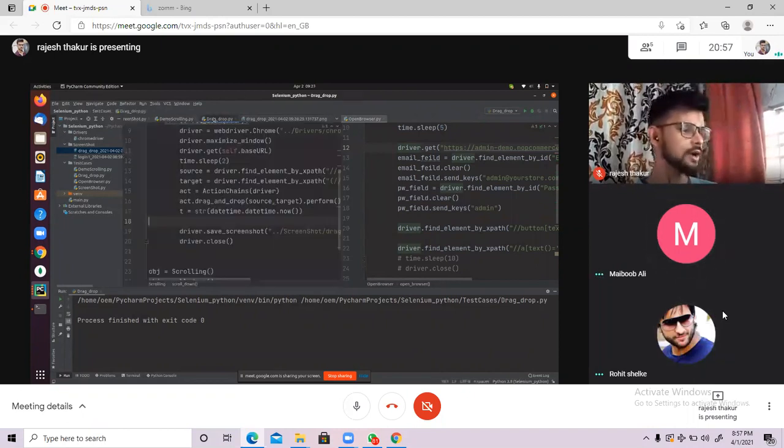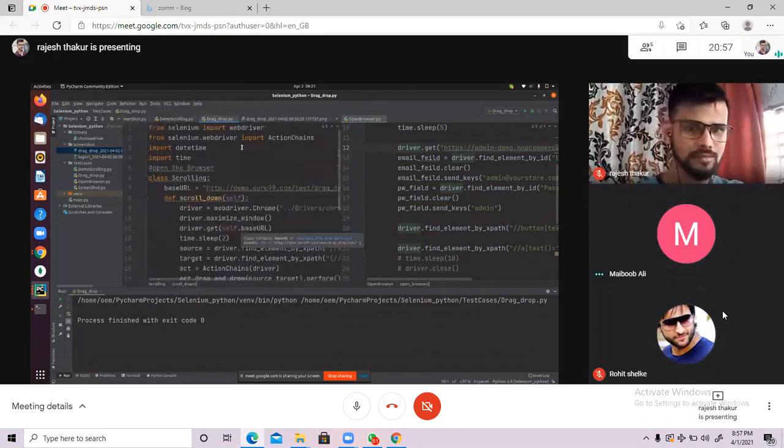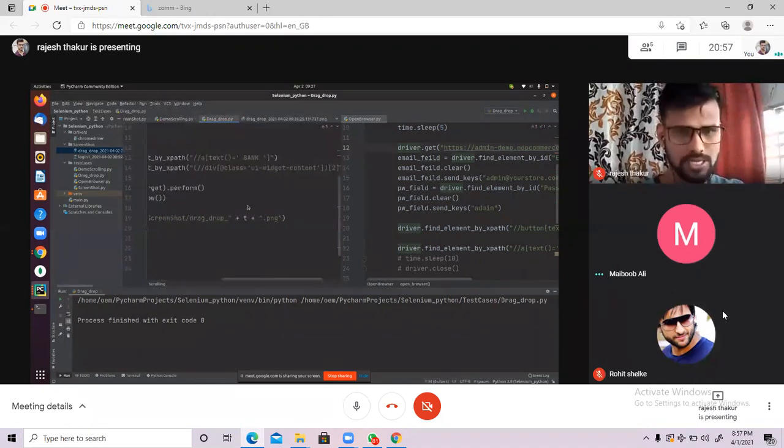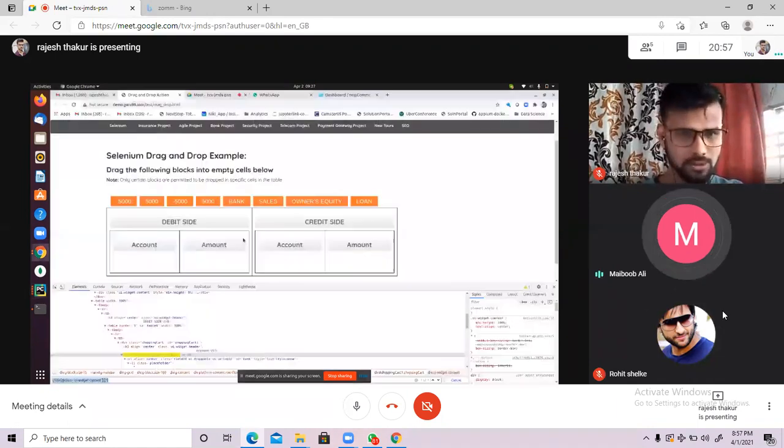Again, drag and drop is a keyboard and mouse related action. So what I'm trying to do, I'm launching the browser and passing this URL. Guru99 is the website, and on top of that there is a drag and drop concept. I'm trying to drag this bank to here.